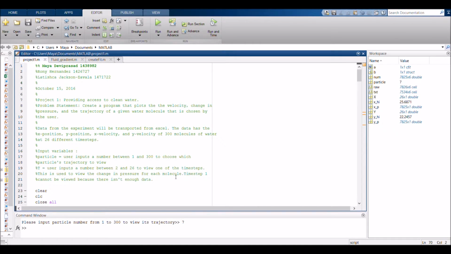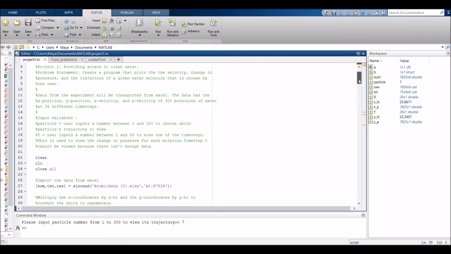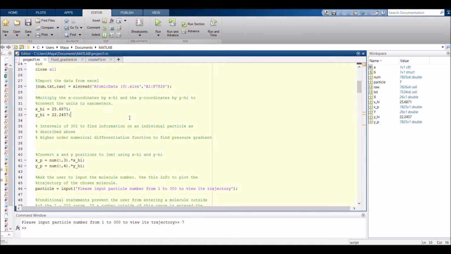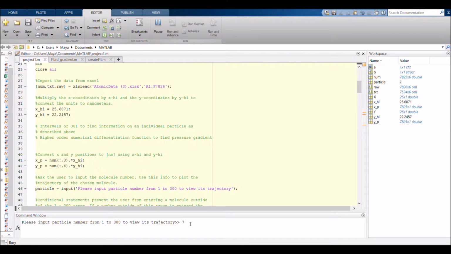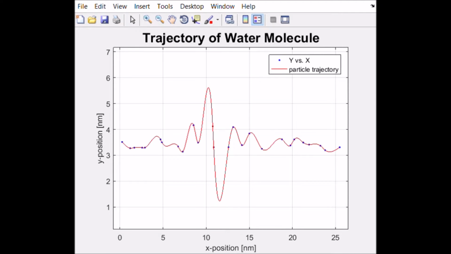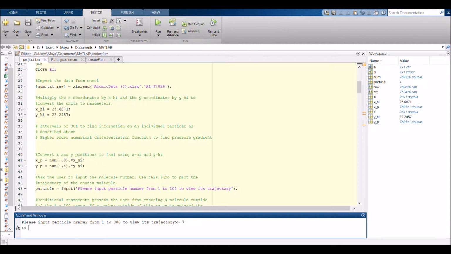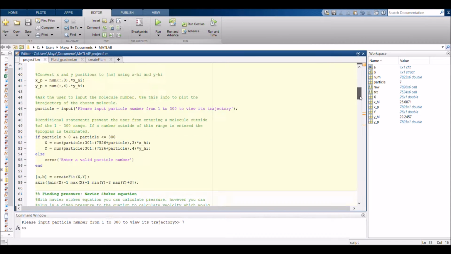Now, when it comes to the test case, we first run the program of the first section, and we input a particle to view its trajectory. Let's say 7. Here we have the given trajectory of water molecule number 7. We then move on down